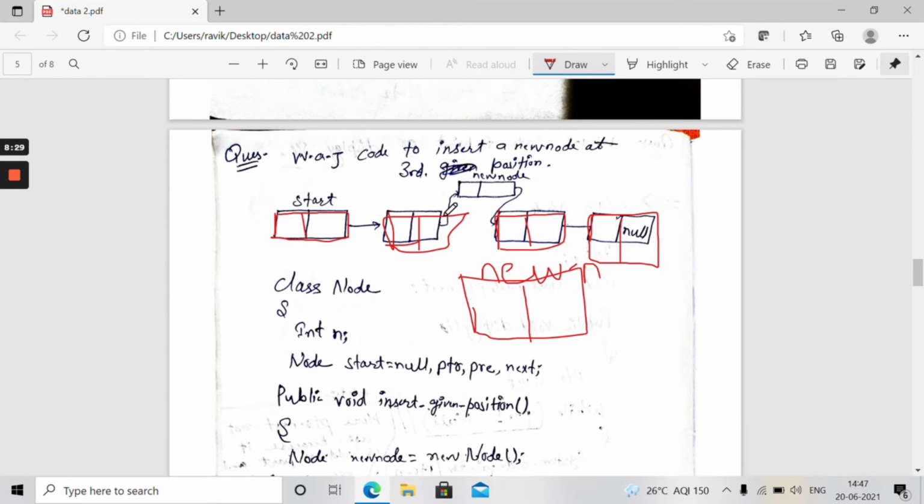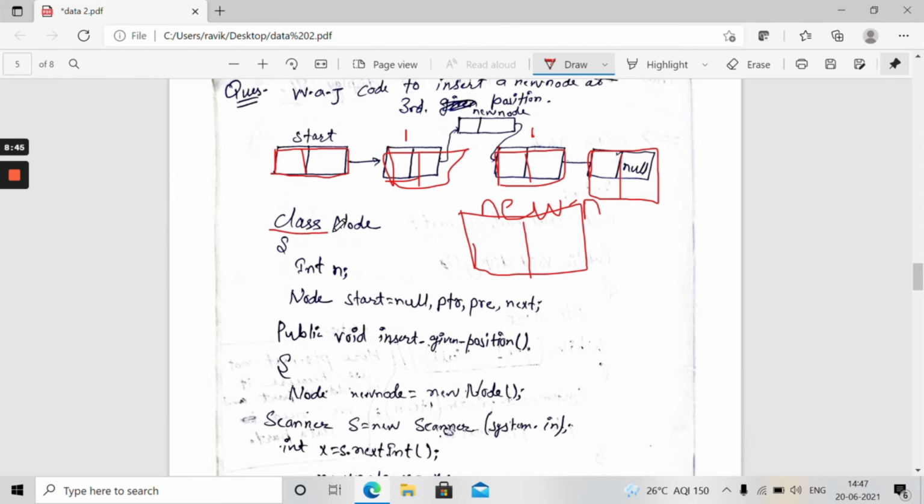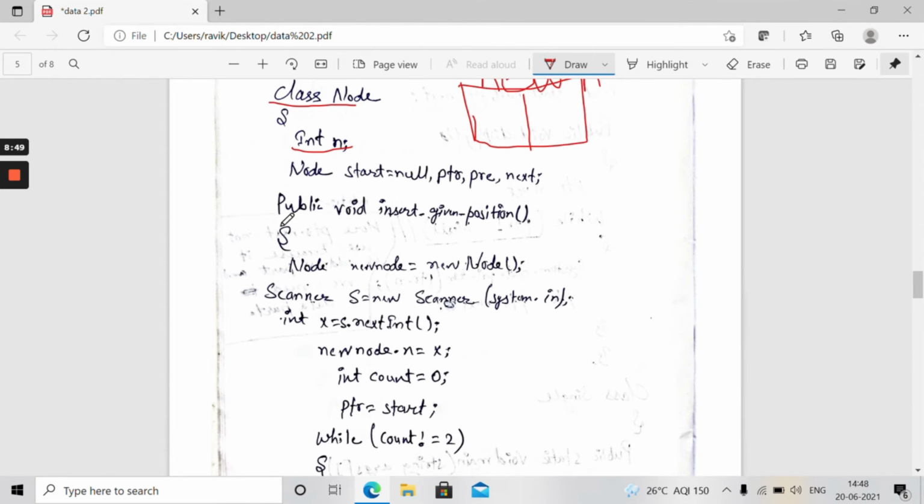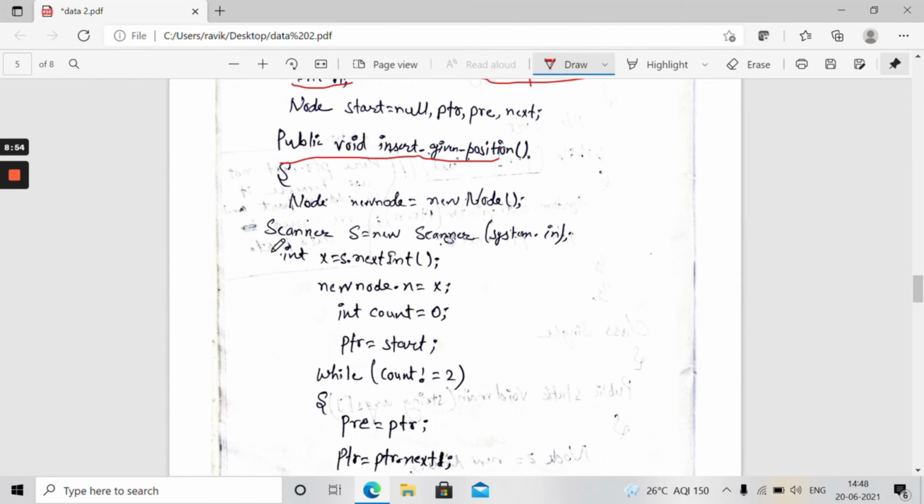Then guys, if we don't know the name of this node and this node, firstly we have to give a particular name. After that this new node is going to connect with them. Then you can see this is the class declaration, this is the integer n declaration, and after that this is method declaration. Then taking input from the user from a scanner class, like that. These are not very important for us, but yeah, this is important.